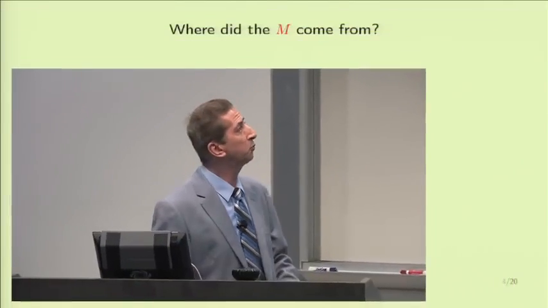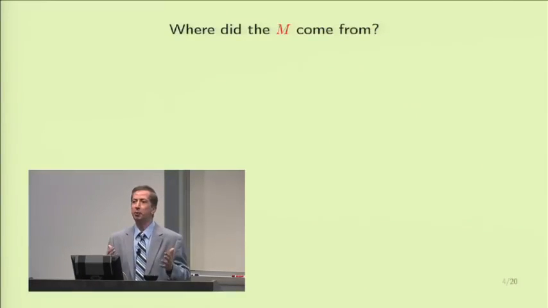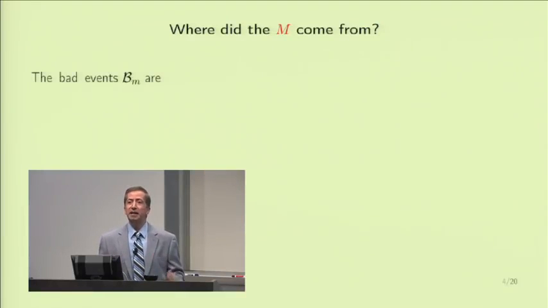and be able to establish the notion in a way that we can apply to a real situation. Okay, so that's the plan. So we're talking about M. The first question to ask is, where did this M come from? If we are going to replace it, we need to understand where it came from to understand the context for replacing it. Well, there are bad events that we are talking about, and the bad events are called script B